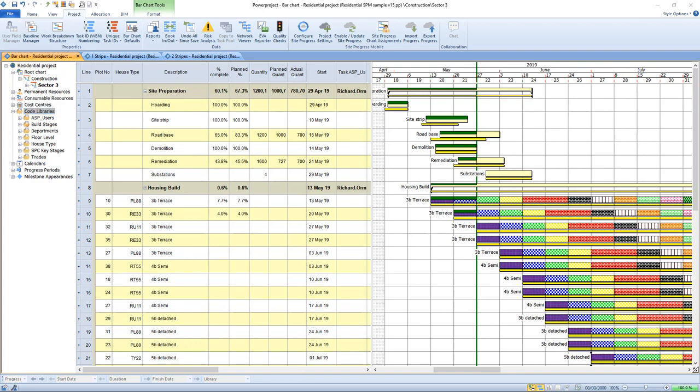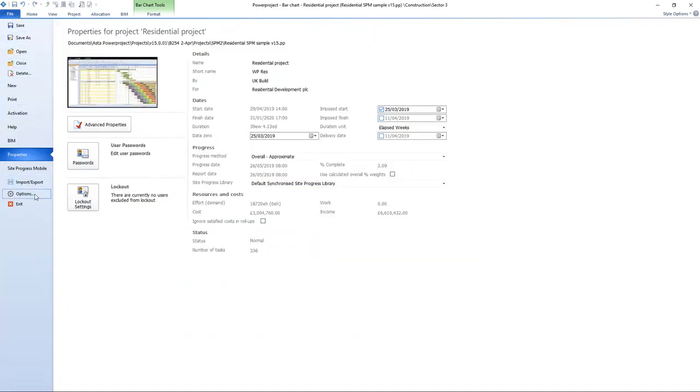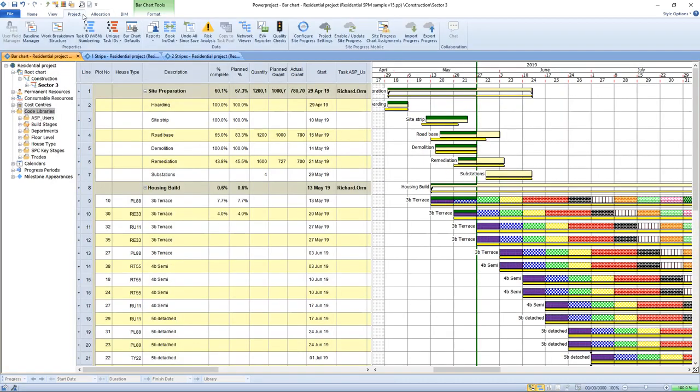So if we looked at this file's properties, we can see here that we've got a library that we're nominating to be used for synchronization of users. So if I said I wanted the trades library here, not the user library, then it would look in the trades library for who would be updated. But I'm just going to reset it to that, go back to our plan and say, well, if we look